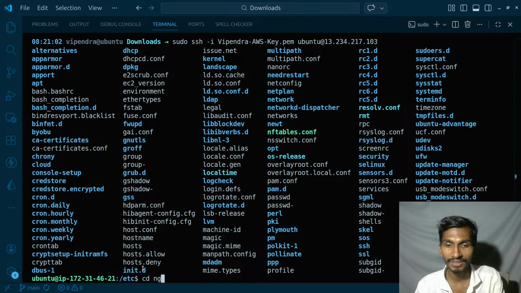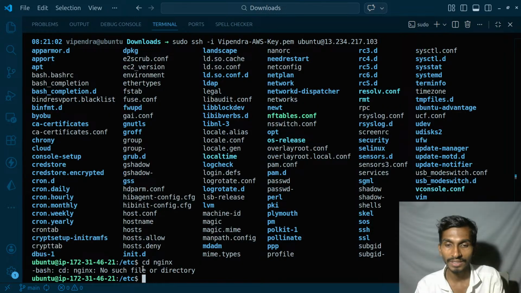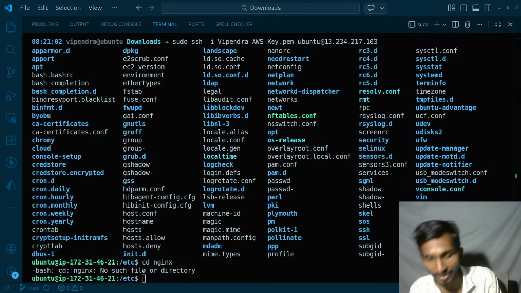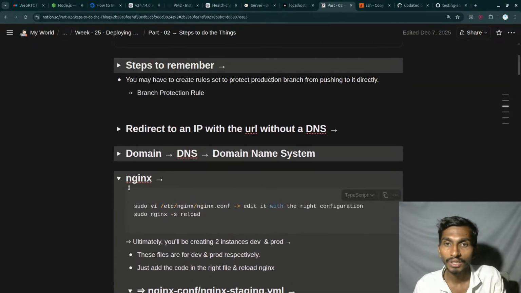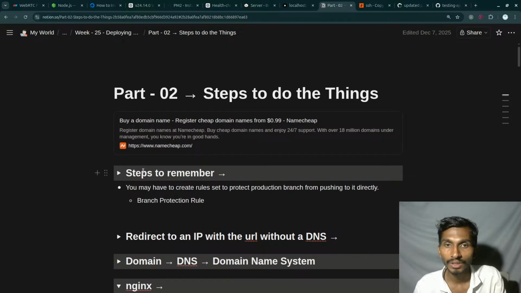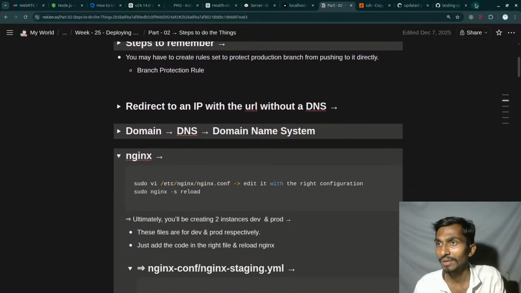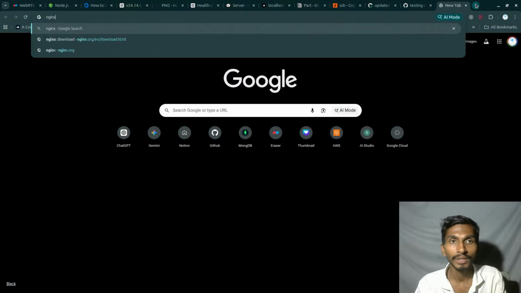So cd nginx, but this is not available because I haven't installed nginx yet. So I will have to install nginx. And how can I install nginx? I will just go to nginx here,